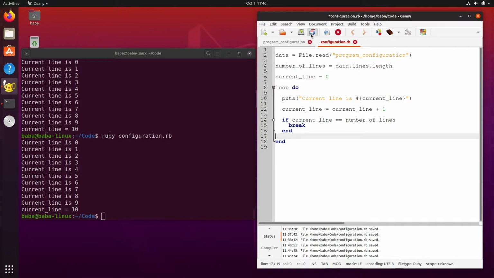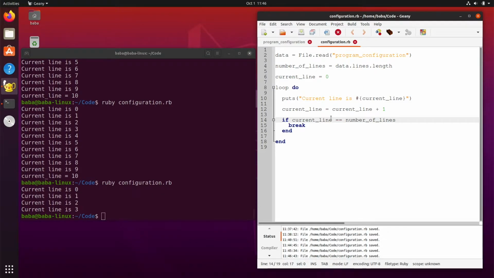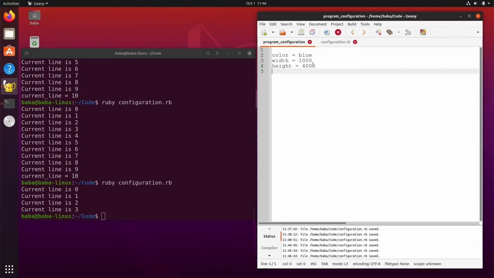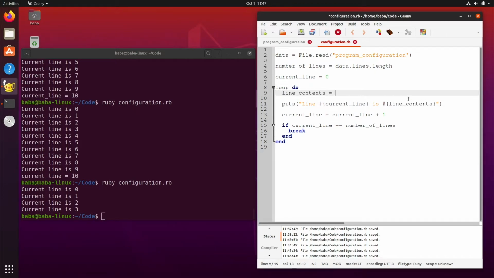And now we can say, well, current line is 0 and then 1 and then 2 and then 3. So that is great because this file has indeed 4 lines, right? So 4 lines here. And what we can see is that it is now going through each line of the file. Now I want to do a little bit more than this, and I want to say line, and then the line number is, and then the line contents. So I want to print the contents of this line,